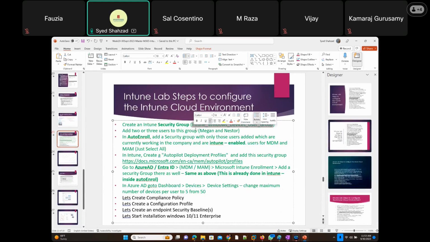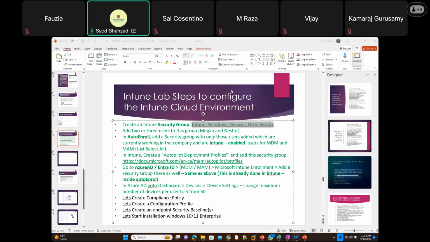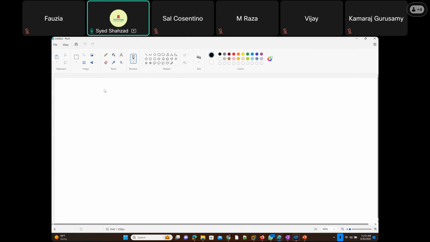This is very important. Why? This security group will be added to all the policies. What does that mean? So let me show you about that. Security group being added to the policy. So that's the question, right? What's the answer? Answer is we will have